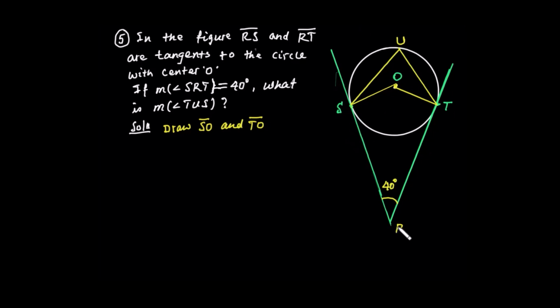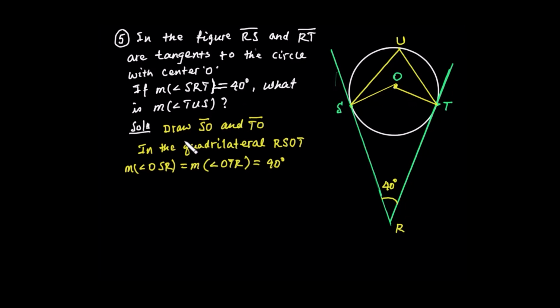አሁን አንድ ኳድሪላተራል አለ RSOT። እዚህ ኳድሪላተራል ውስጥ ይህን አንግል እናውቃለን፣ ይህን አንግል እናውቃለን፣ ይህን አንግል እናውቃለን። ስለዚህ የዚችን አንግል ማግኘት እንችላለን ማለት ነው። ስለዚህ የምናውቀው ነገር ምንድን ነው? ዘ ኳድሪላተራል RSOT፣ ይሄ ኳድሪላተራል ነው። ባለ 4 ሳይድ ፊገር ነው። the measure of angle OSR እና OTR እኩል ናቸው and that is 90 ዲግሪ ነው። ለምንድን ነው? because the radius is perpendicular to the tangent lines at the point of tangency። ስለዚህ በዛ መሰረት ይሄ 90 ዲግሪ ነው፣ ይሄም 90 ዲግሪ ነው።